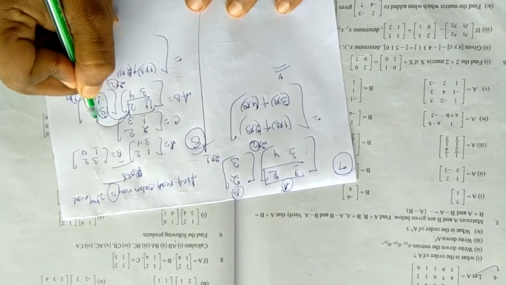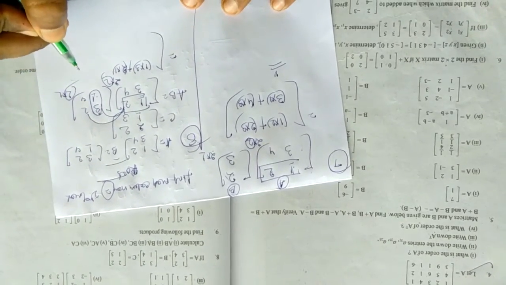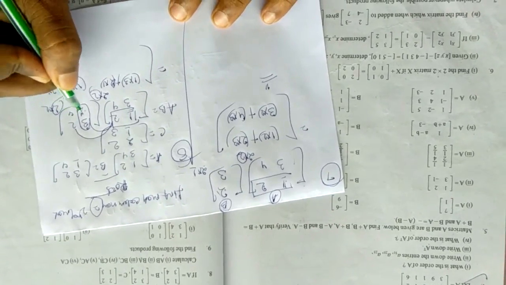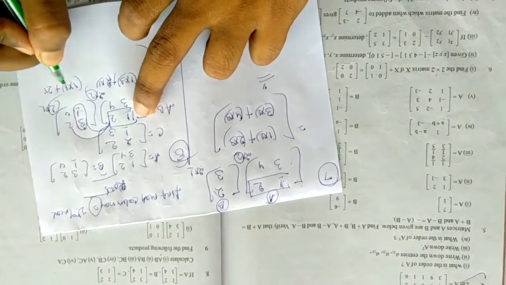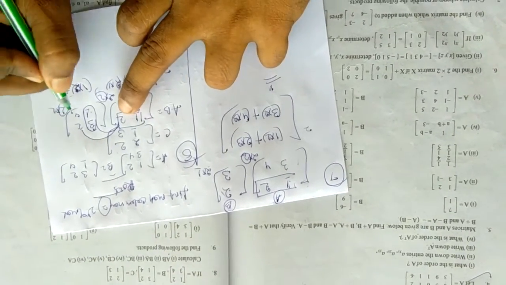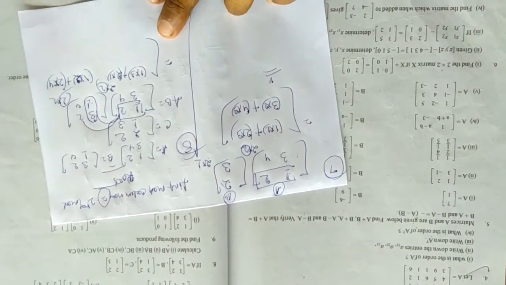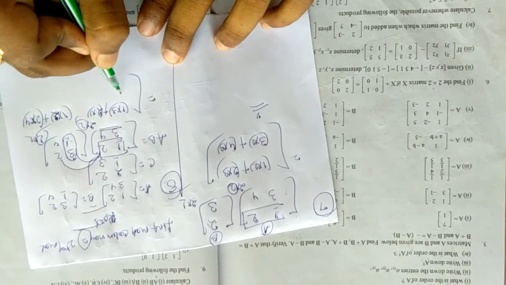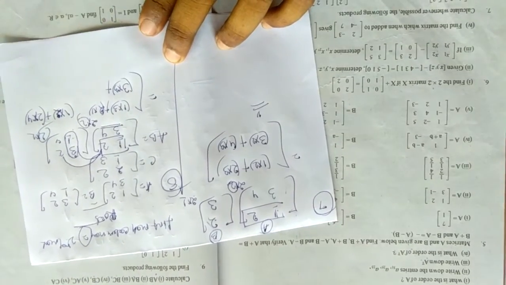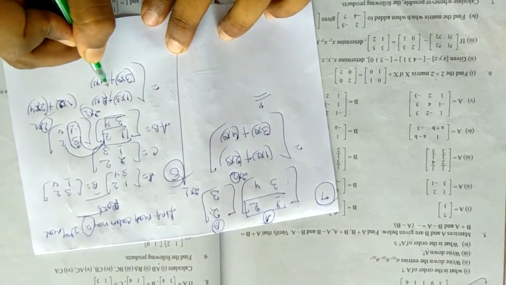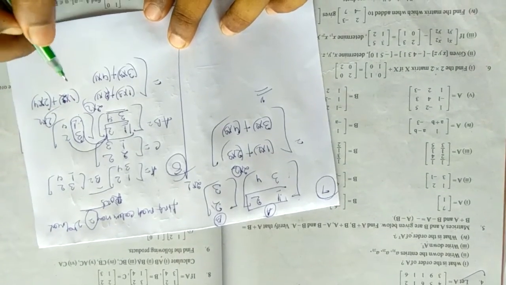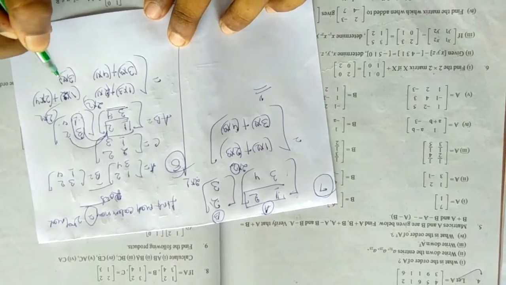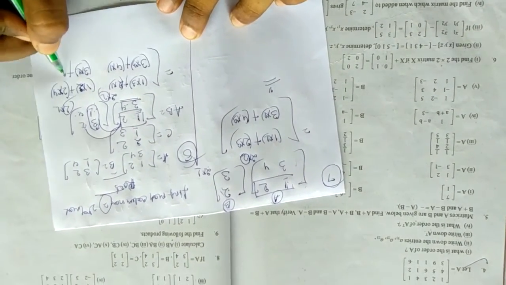Now this matrix will again be multiplied with the second column of the second matrix. So that's 1 into 2 plus 2 into 4. Similarly, the second row will be multiplied column wise: 3 into 3 plus 4 into 1. The first column is completed, and the second column will be 3 into 2 plus 4 into 4.